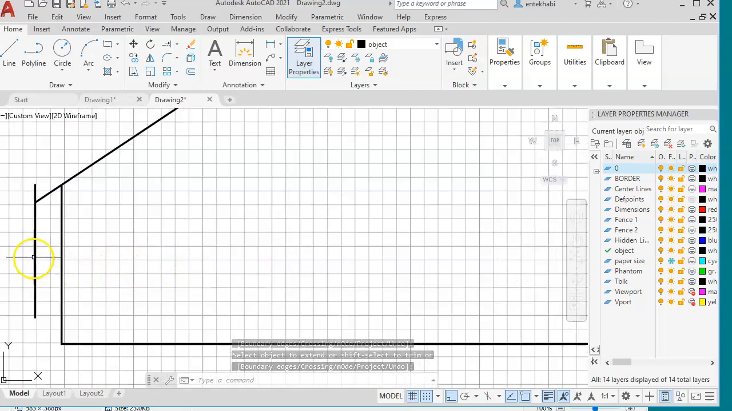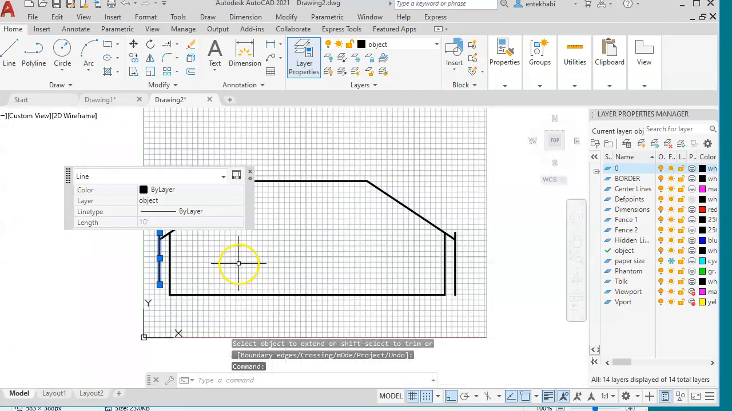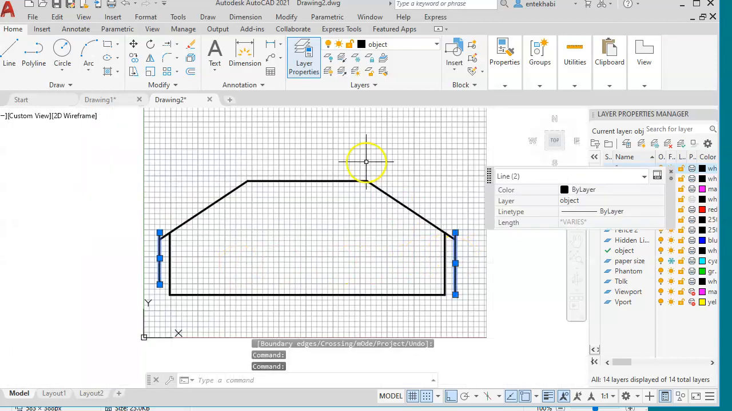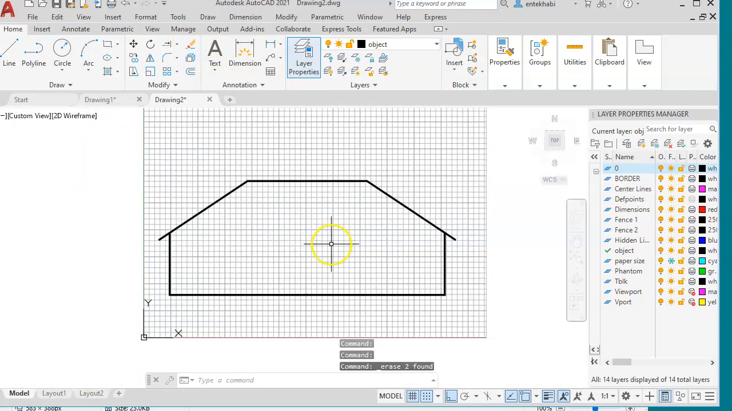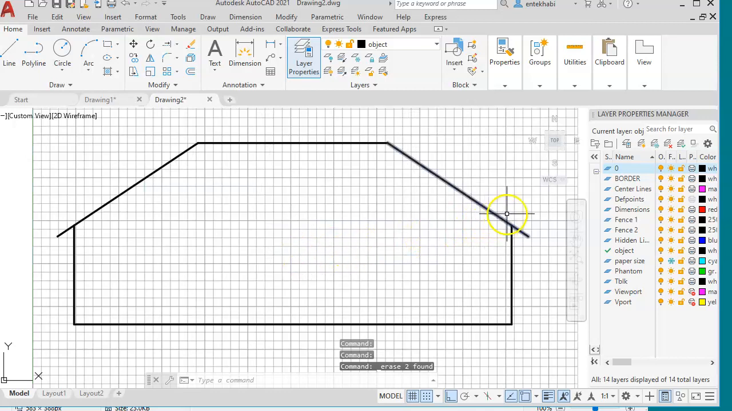Now I can come back and delete these lines. Select both of them and erase. Now, how do you establish this portion? One of the tools that you're going to learn on this one is the mirror tool, because this is the mirror image of that. So if you look back to this assignment sheet,